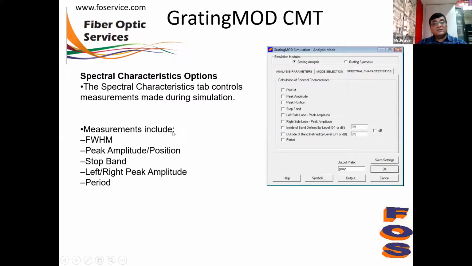The outputs available in the grating mode are FWHM, the full width at half maximum, the peak amplitude and position, the stop band, left-right peak amplitude, and the period. You can select whatever output you want from the grating mode.